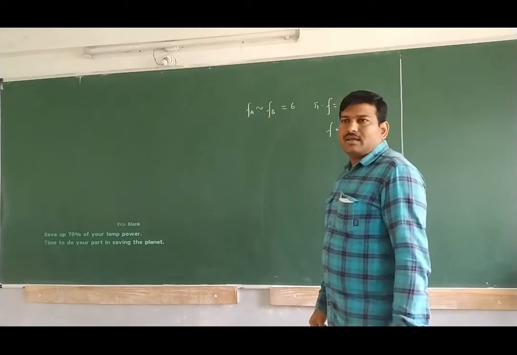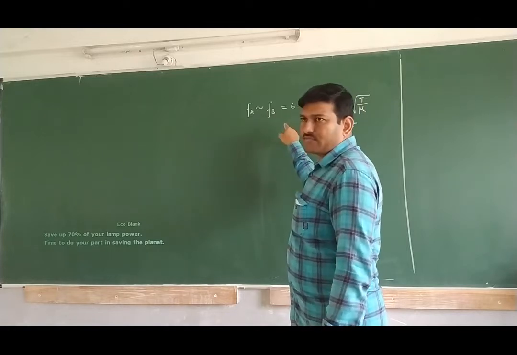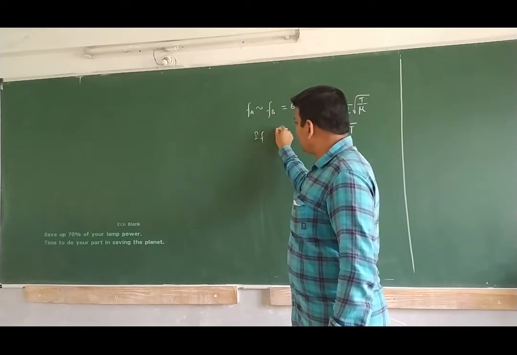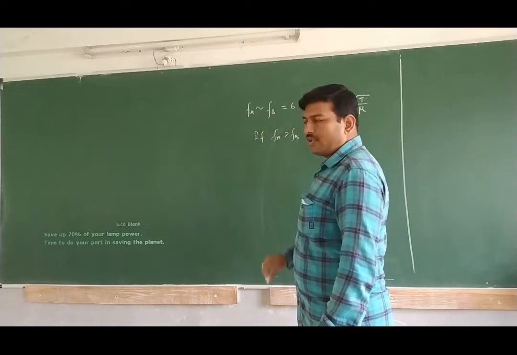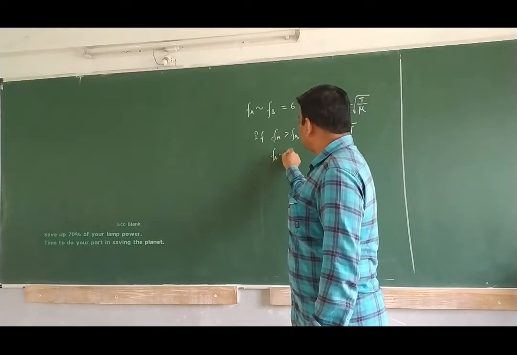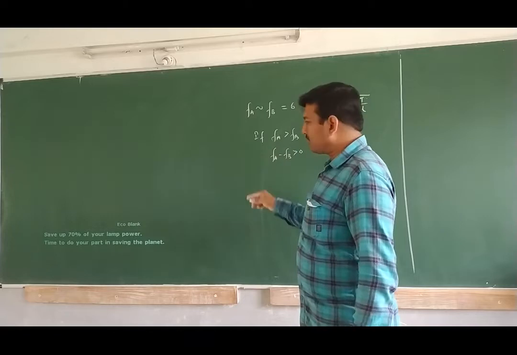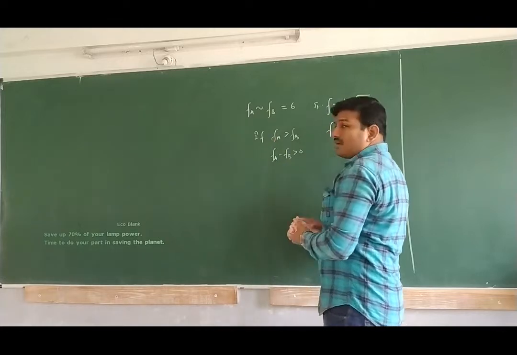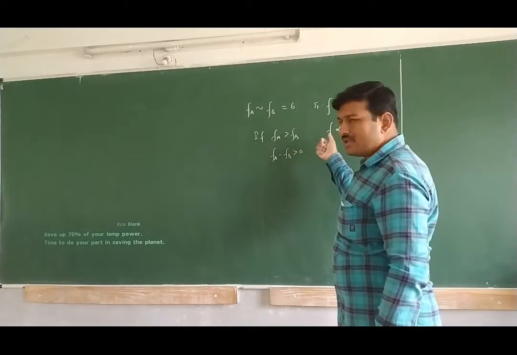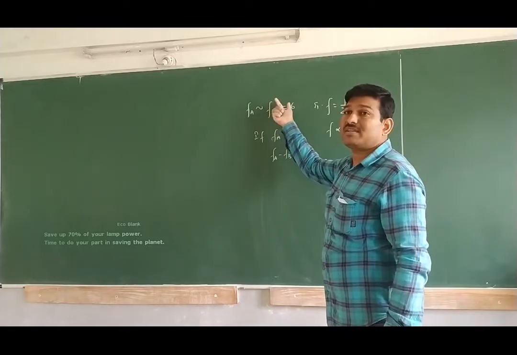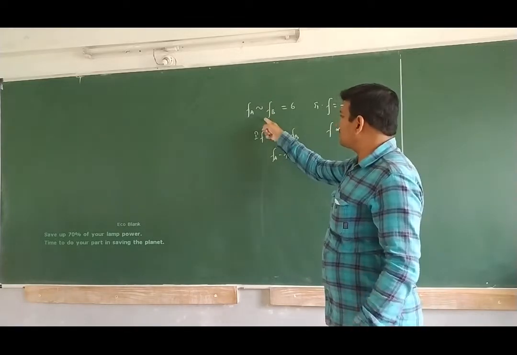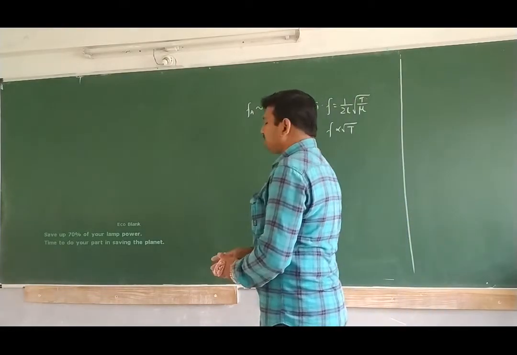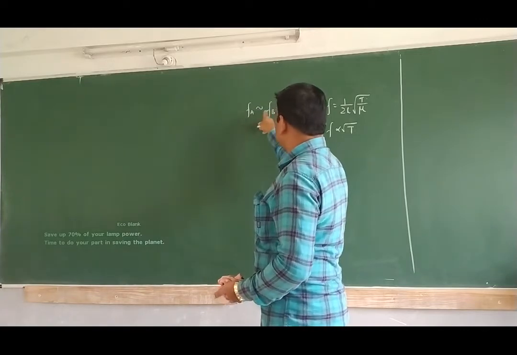Now they told that the tension in wire B is reduced. When the tension in wire B is reduced, frequency of B reduces. Suppose FA is greater than FB, FA minus FB is greater than 0, and one more thing, if FB decreases, this difference will increase. So they told that on decreasing the tension in the wire B, the number of beats becomes 7, so number of beats increases. So this relation is the true relation. According to the given problem, FA is greater than FB, as FB is decreasing, this difference is increasing.